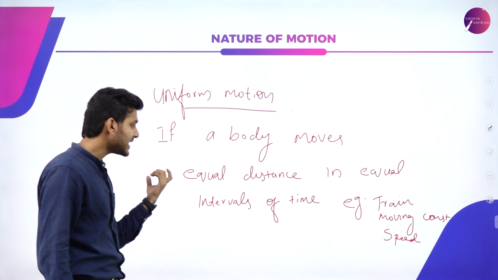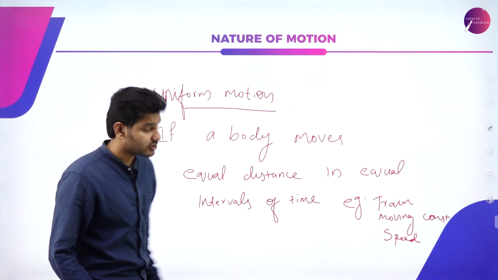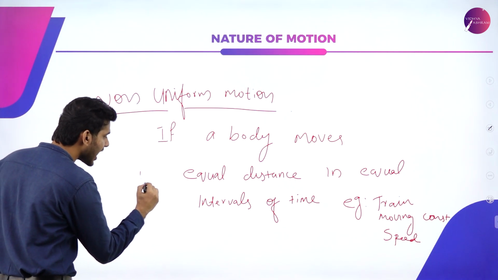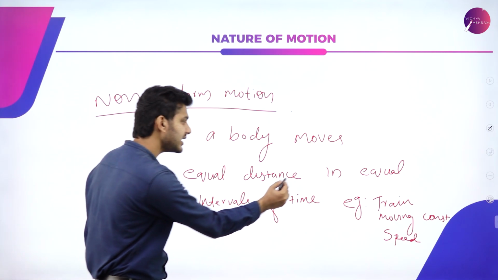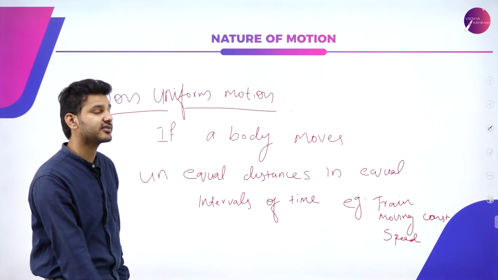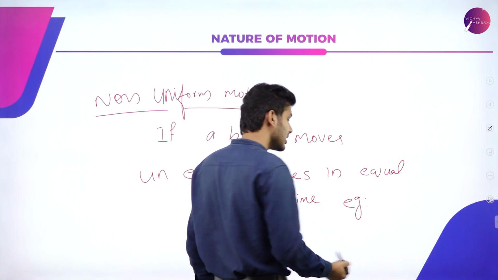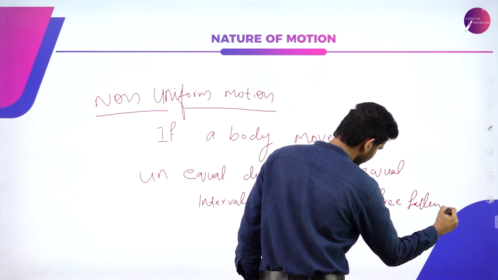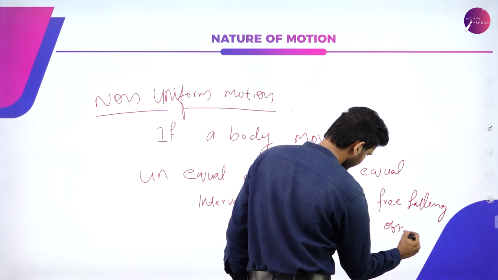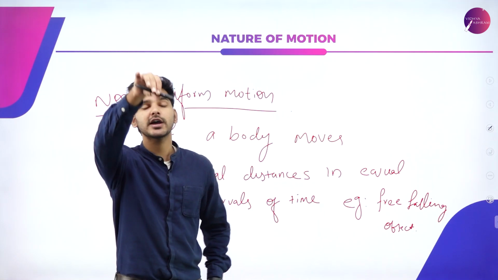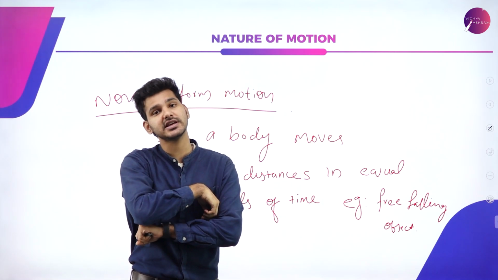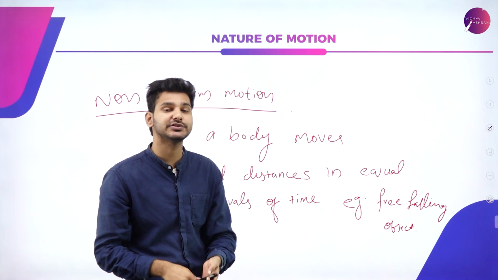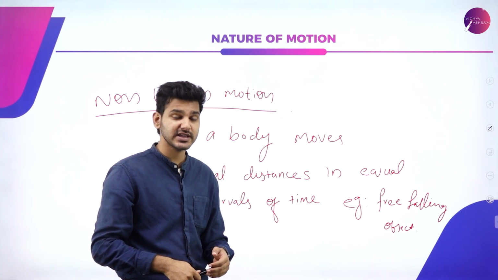So uniform motion covers equal distance in equal interval of time. For non-uniform motion, we can say that it covers unequal distances in equal intervals of time. An example for that will be, let's say, a free falling object. That is, if I drop this pen like this under the influence of gravity, it is falling under the influence of gravity, that is accelerating downwards with 9.8 meter per second